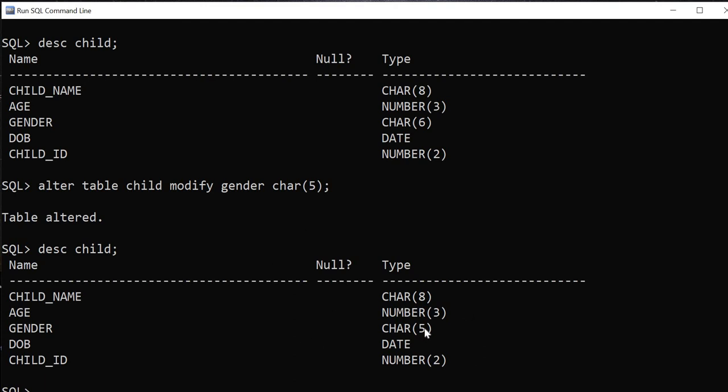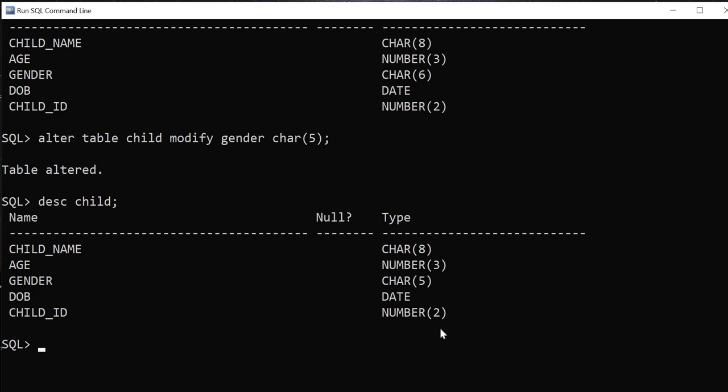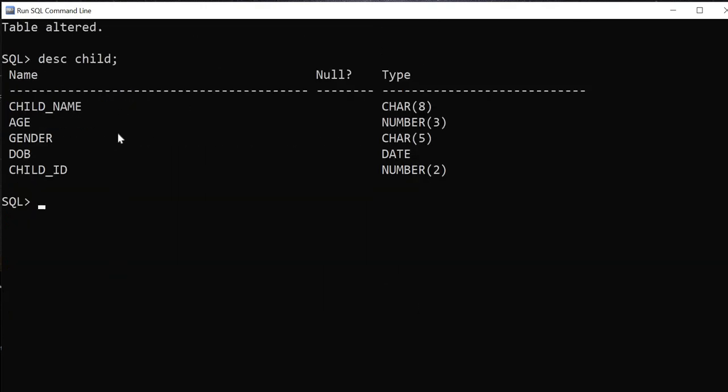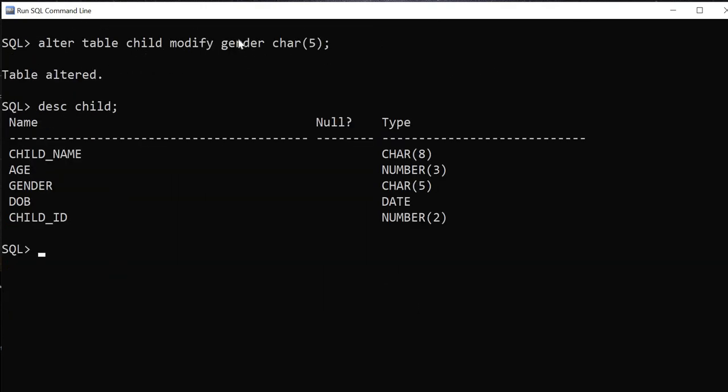One thing we have to remember is, after inserting the values into the table, we can always increase the size of an attribute, but we cannot reduce it. So all these modifications for the size of a particular data can be done only with the structure. Once the data rows are inserted into the table, it is not possible. So always we have to keep that in mind. So this is the command for modifying the size.